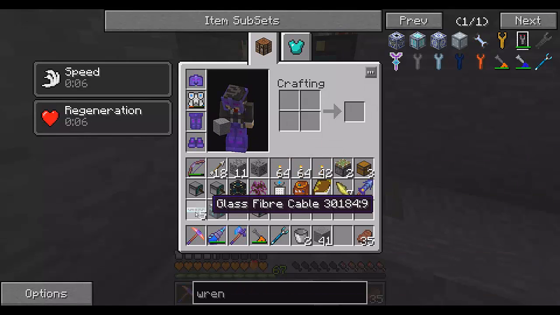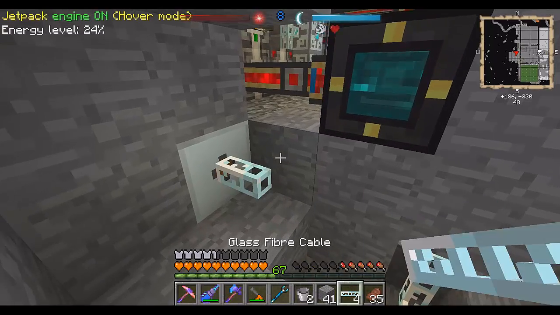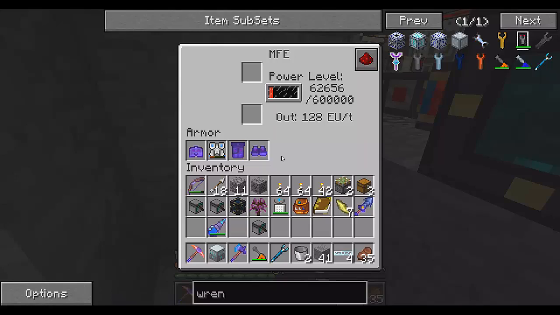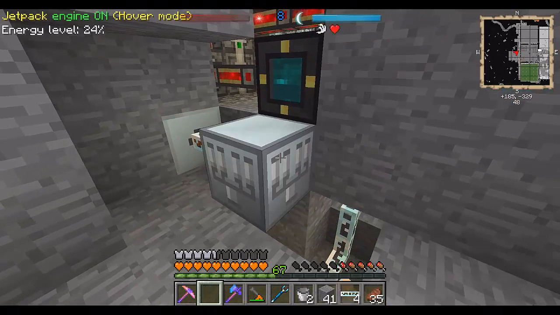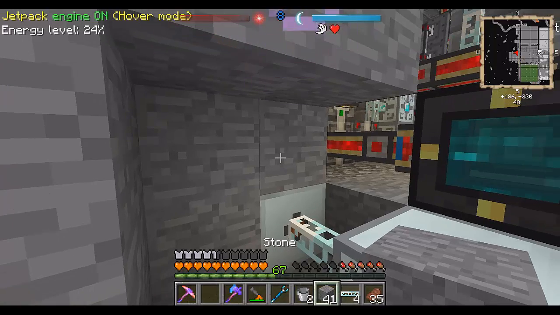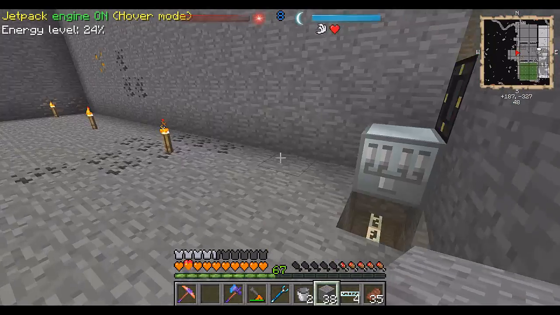Where's the cabling? Yep, I could just put it so there's no cable, but we will. There, and put the MFP. I've already done that bit. The industrial. Is that charging? Yes, it is. Put that there, and that is now ready to go. Cover it back up. There we are. That is now